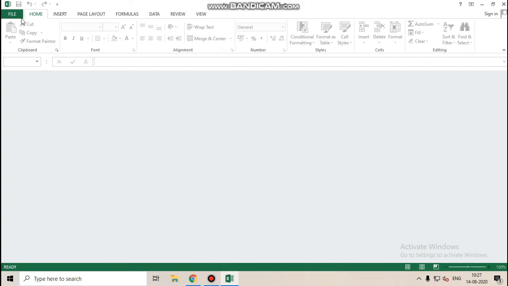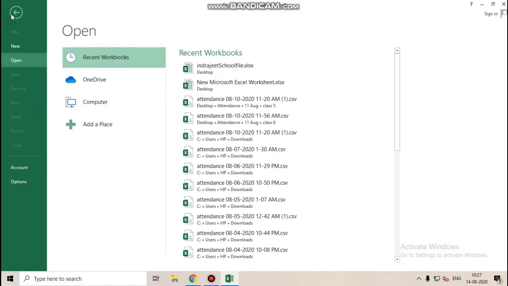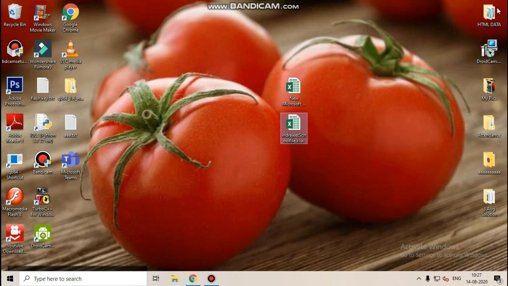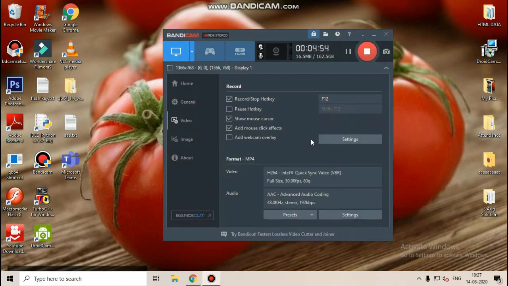But I want to close this, close. So now I want to exit. So here what you have to do is go to the File tab, then click on Exit. Or, since you are watching this, there is no need, just close this window and you can leave that platform.